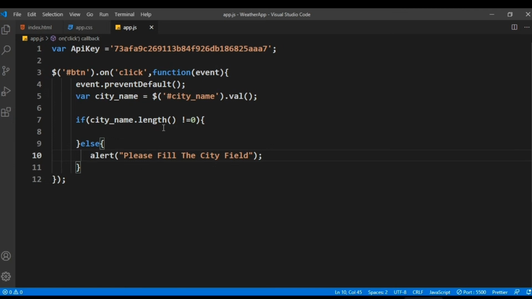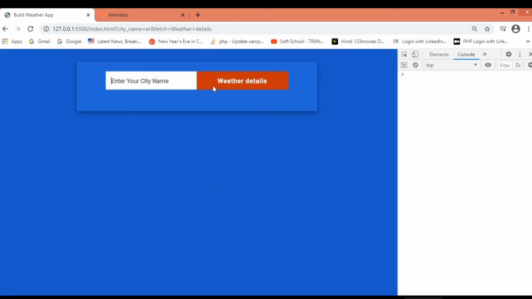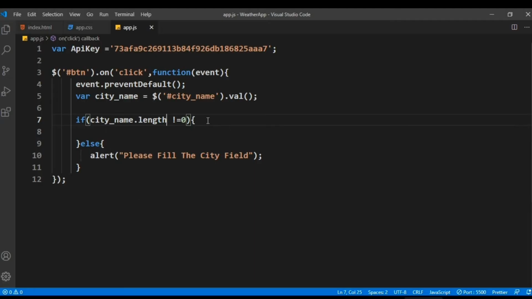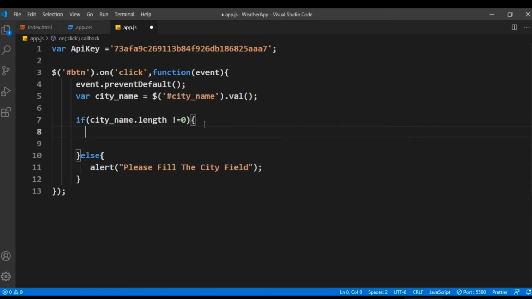Okay, guys, the syntax error: city name dot length with no bracket. So, please fill the city field. It is already come here. Now, when there is some value inside the city, let us check for the